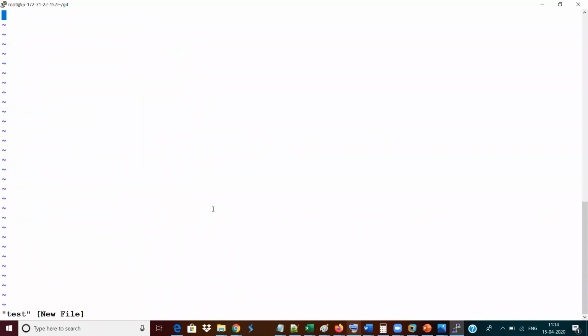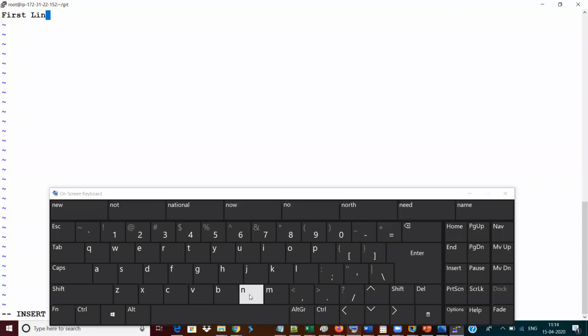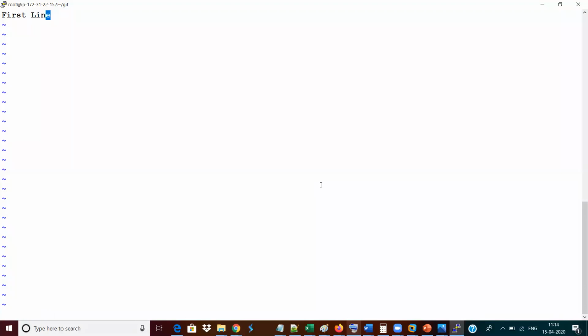So once I created a file like this, only a developer will be developing a code. So in vi test, if I open, this is an empty file, nothing is available. Now what I'm going to do under this particular thing is write something as a first line. Once I wrote the first line under this page, I'm going to save it.